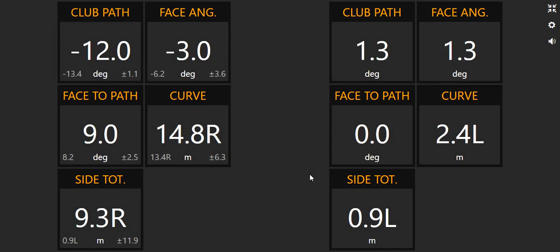I get a lot of questions from clients of mine about what exactly is a slice when you look at some data numbers. There are numerous things that can cause a slice, which I'll go through in a minute. There are a few other factors that bleed into why you'll be hitting a slice, but I thought I'd break it down to a few